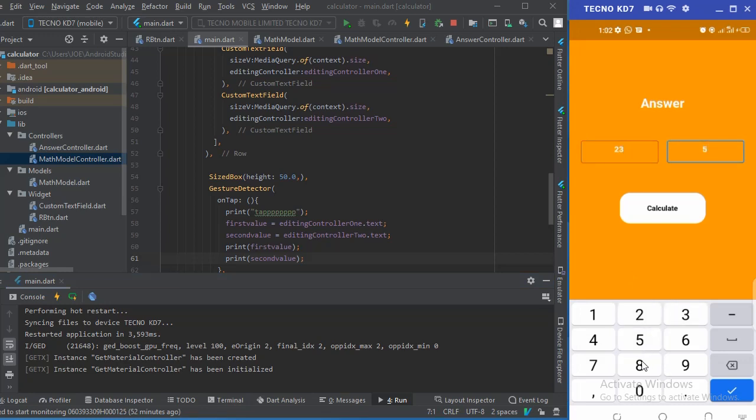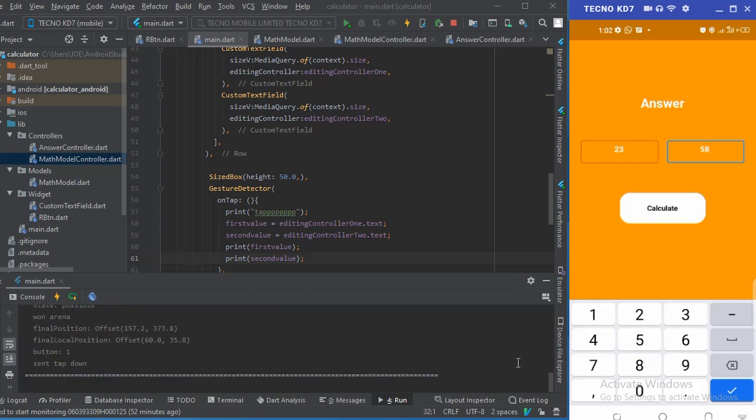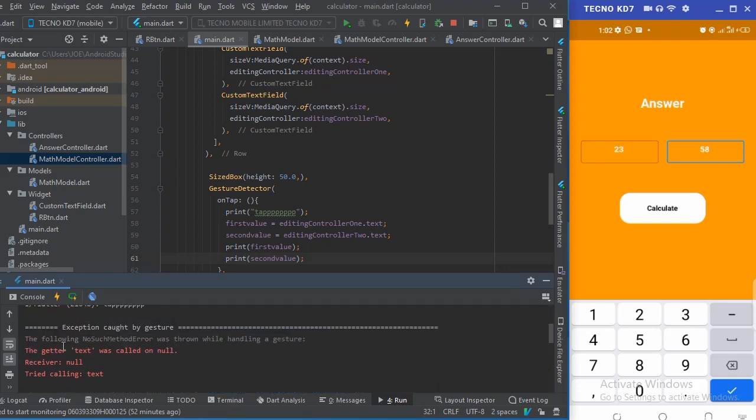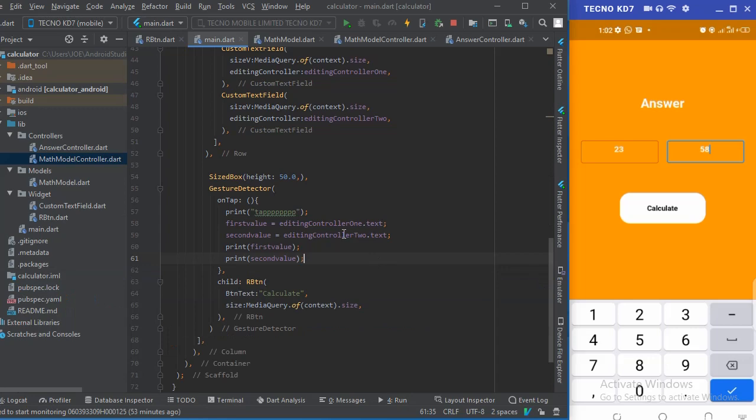So when you click on calculate, okay, there's an error here. The error is that text was called on a null. That means the editing controller was not initialized. So we have to go back and initialize editing controller 1 and editing controller 2. So going back,